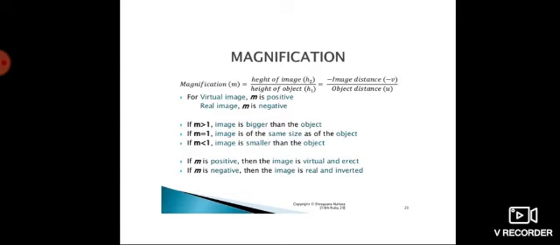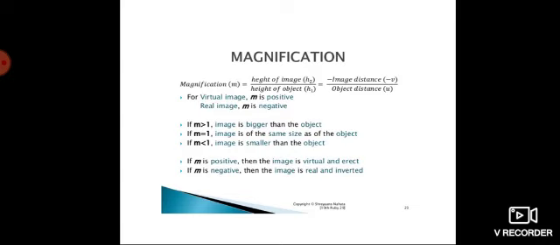So in that case m is 1. Whenever the value of magnification is 1, the image which is obtained is of the same size as that of an object. But in the first case, m can be greater than 1. So when do I get the value of magnification greater than 1? When the image is bigger than the object. So in which case did you get a bigger image?